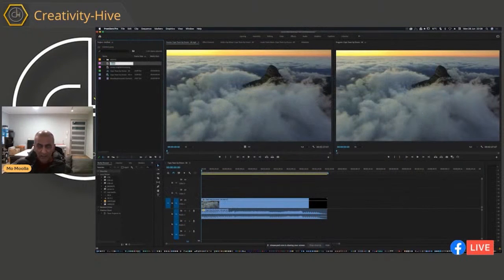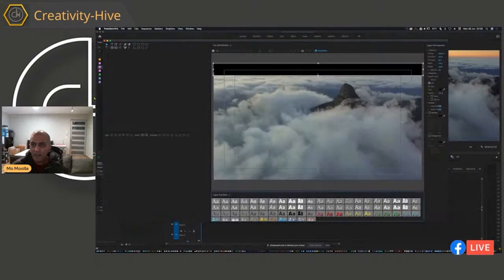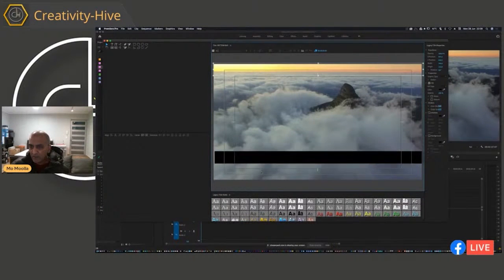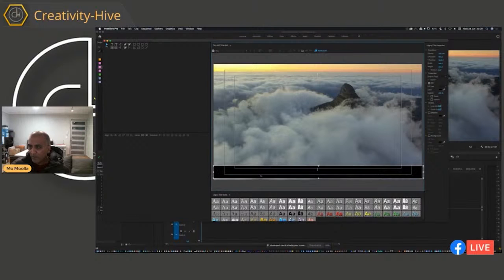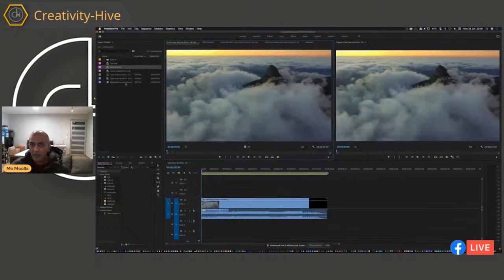I'm just going to duplicate this. So I'm going to go Control C or Command C and Control V or Command V. I'm going to call one the top bar, so top here. And I'm going to call the bottom one bottom bar. So if I go into the bottom bar, if I double click it, it takes me back. You can see that it's a duplicate of the top. So I'm just going to bring it down here so that we know it's about the same position as the top. I'm now going to close that down again, and that should close down instantaneously. We've got a top bar and we've got a bottom bar. So if I go to the top bar,